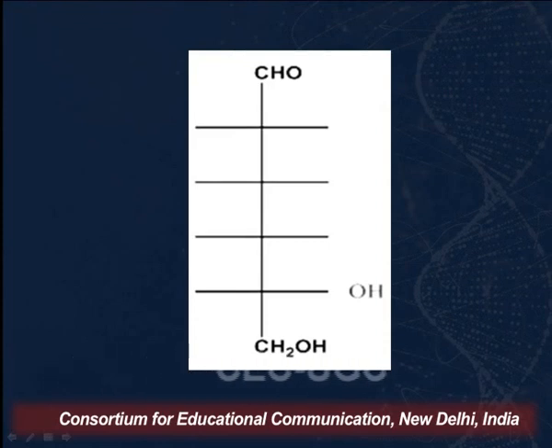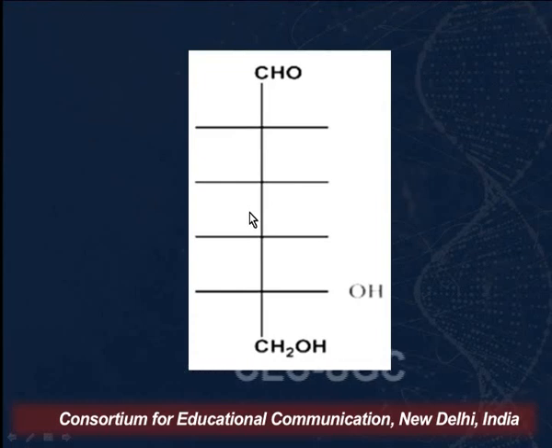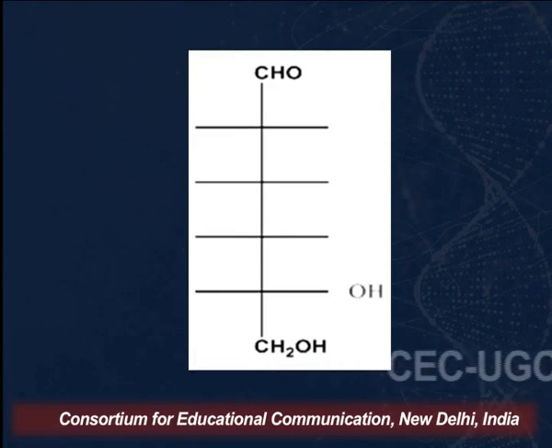Now we know the orientation of OH at the 2nd carbon, 3rd carbon and 4th carbon. But in 1888, it was not known what the configuration of the groups, that is OH and H, at the 2nd, 3rd and 4th carbon was. For this, today we shall be discussing Fischer's projections, that is Fischer's proof, as to how Fischer proved in 1888, and then assigned configuration at each chiral carbon.